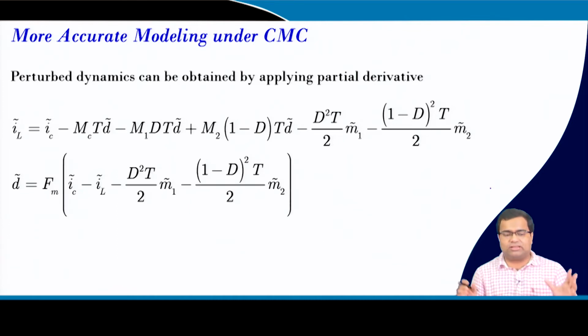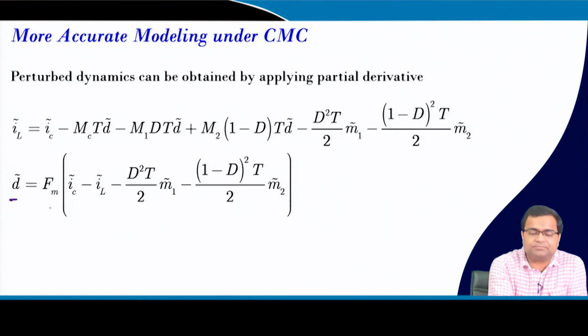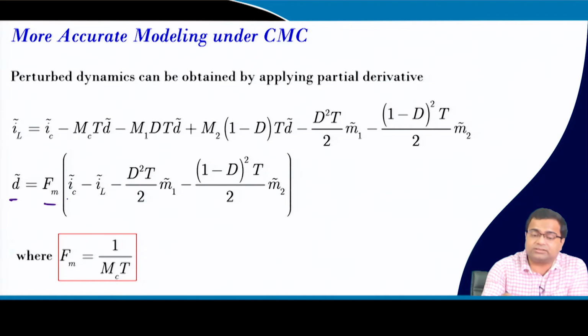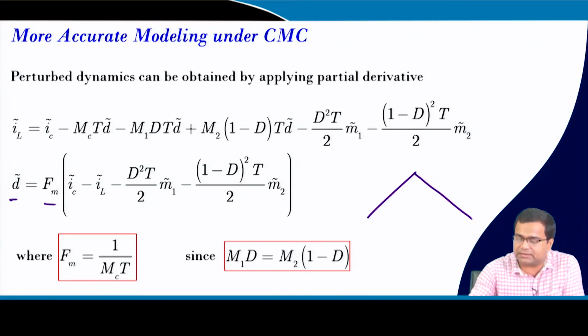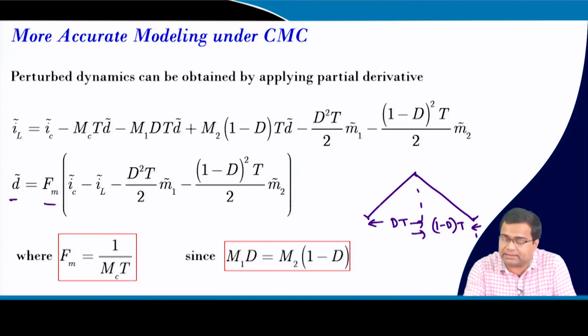Then you can get all this delta d term. Fm is the modulator gain. What is Fm? It turns out to be, because at steady state, M1 dT, that means if you take the steady state inductor current, this is my D into T and this is my 1 minus D into T, right. So, if I take the steady state rising slope M1 and falling slope minus M2, then